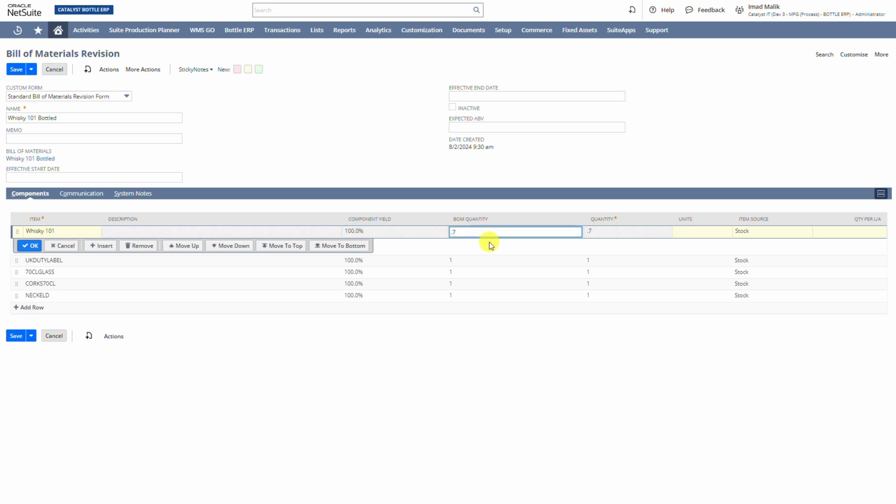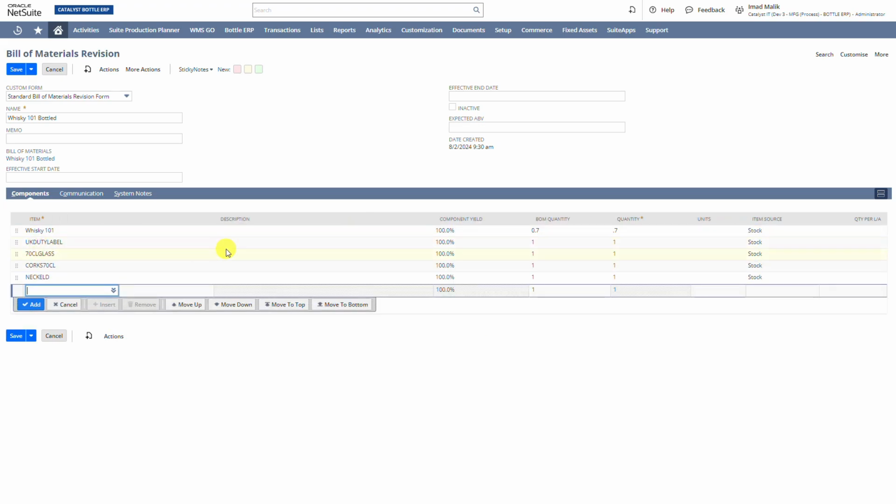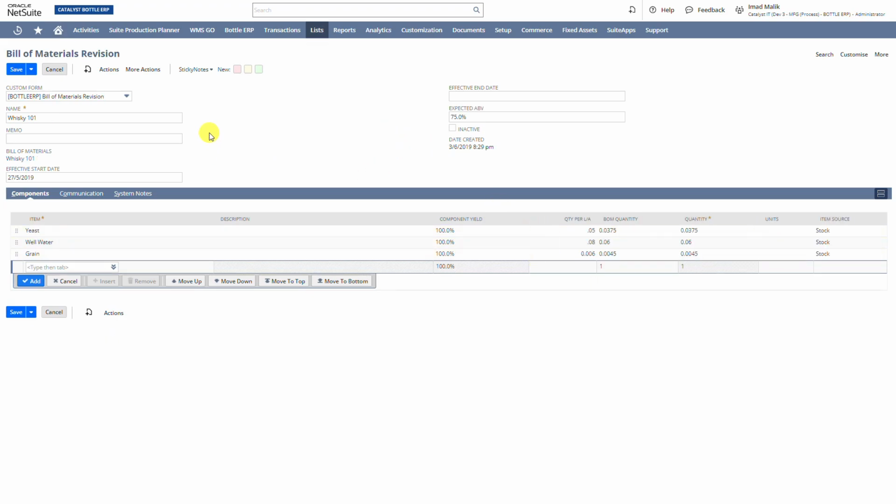Because the liquid for each one is 0.7, so 70 centilitres, we've got 0.7 in there, and we've also defined the duty labels, the glass, the cork, etc. for each one. And because of that, we don't need to set our estimated ABV because it's a bottled product. So with Bottle ERP, you have options to set your BOMs by quantity, or in this case,